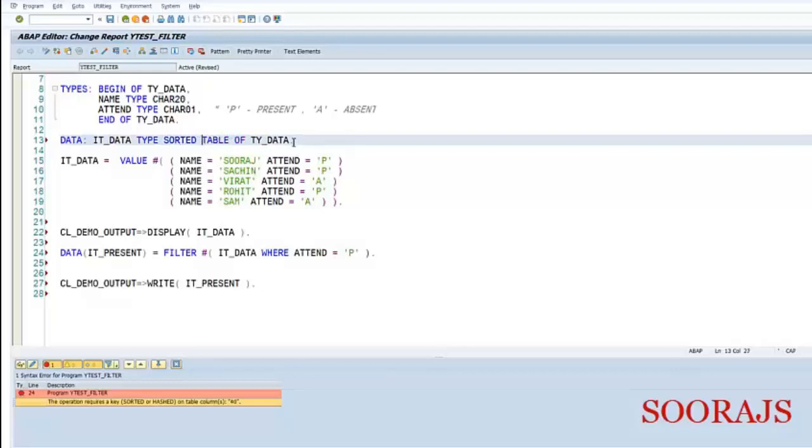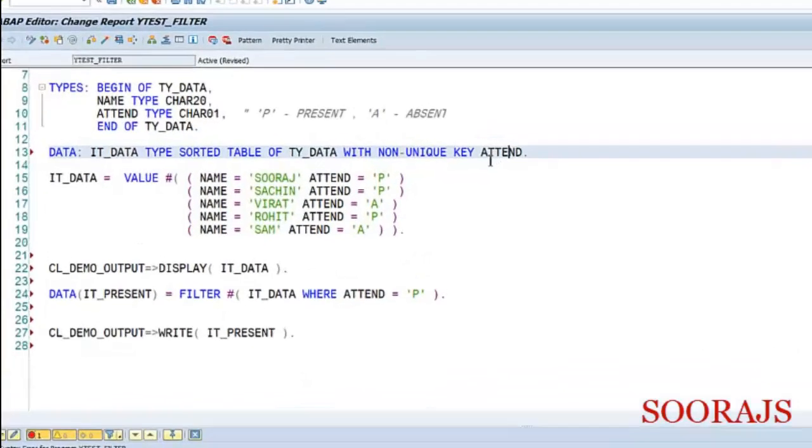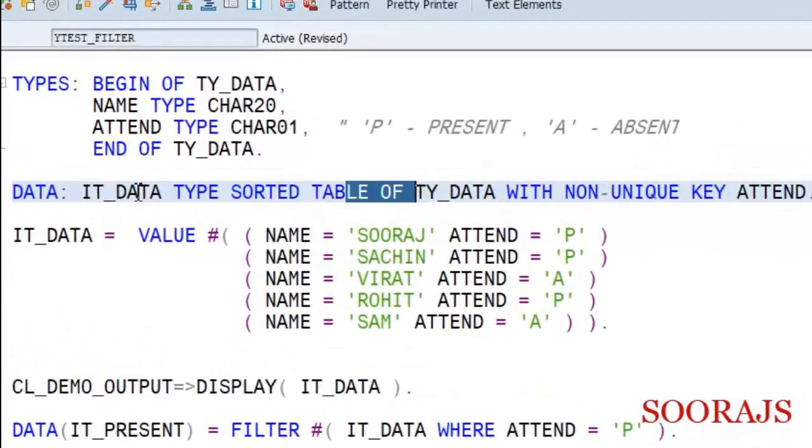So sorted table is already sorted, right? And I'll just provide some key. I'll provide attendance as a non-unique key for this sorted table IT_DATA. Okay, now let me check. See, the error is gone. Now I can activate this,